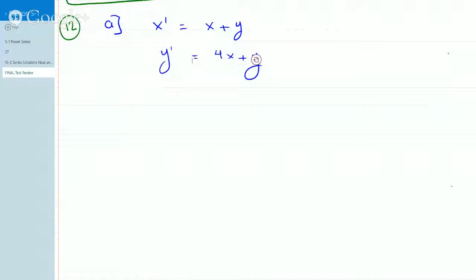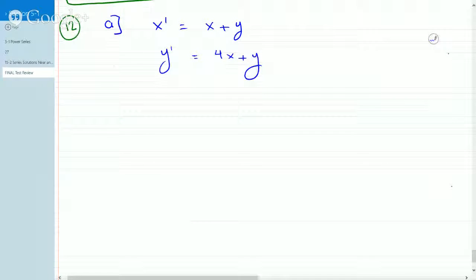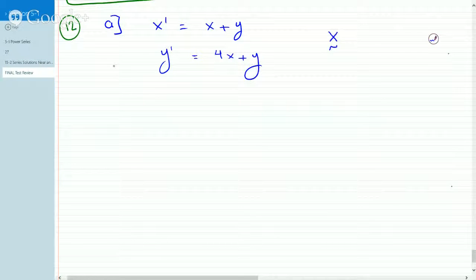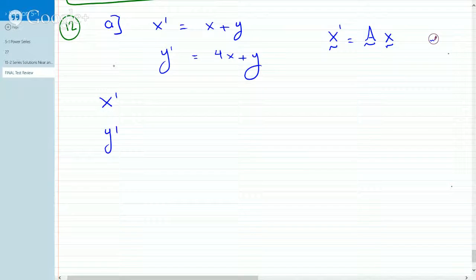And the way we can do this is we can set up the matrix in the form of x equals A x. These are all matrices. Yeah? So we get x prime, y prime